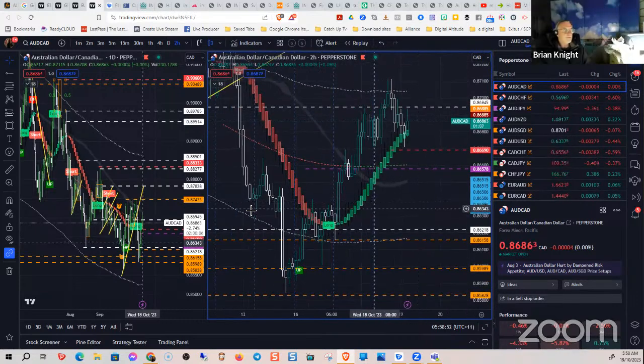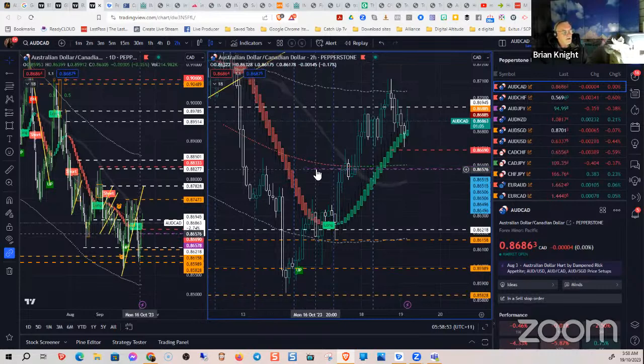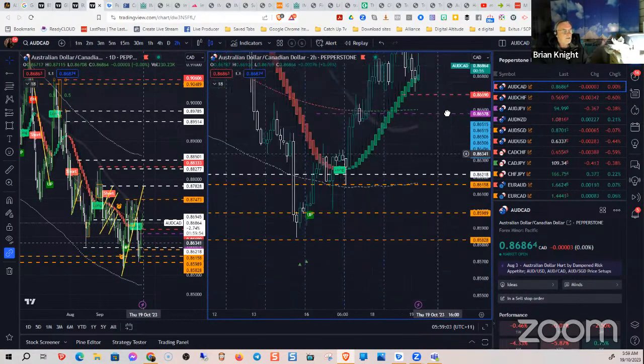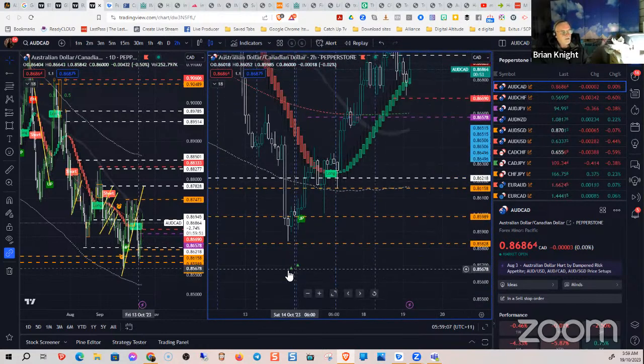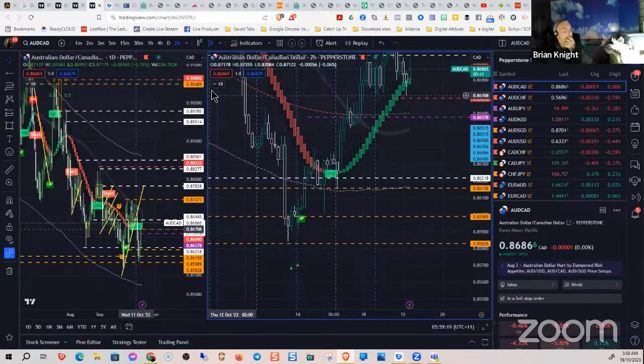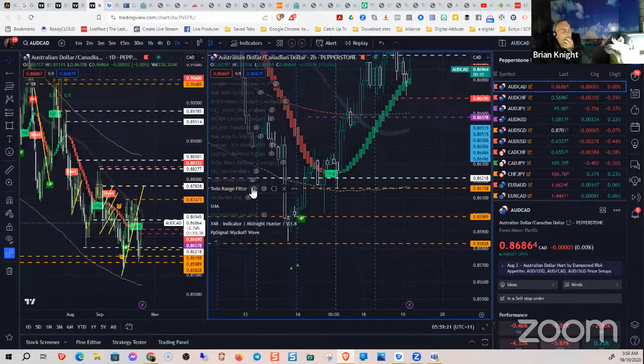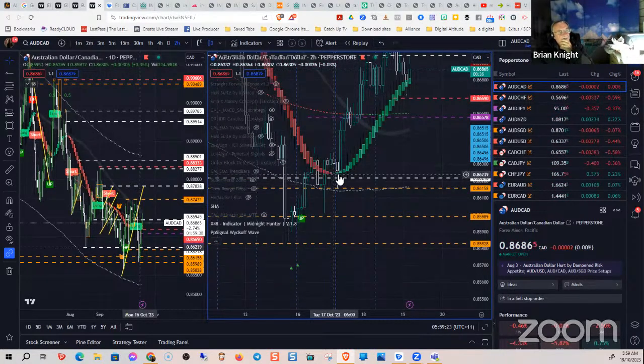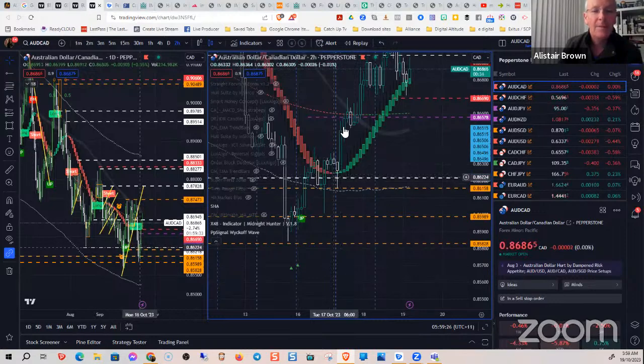See, the thing also too, Alistair, I entered up here, but I had an alert down here. See where it's got long and it changed the color? Okay, let me just lift up a bit. See, I've got 2 green arrows here. We got an up. It pushed up and back down again. Then we got a long. And it changed color on the, I don't know if you can, hang on a minute. I'll just turn that bit off. See where it changed color there? Yeah, the push down and then, yeah.